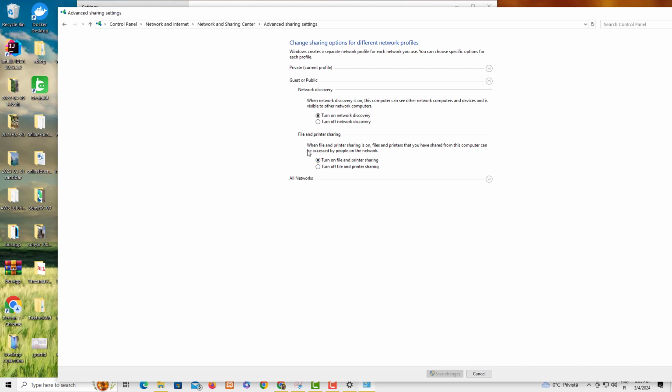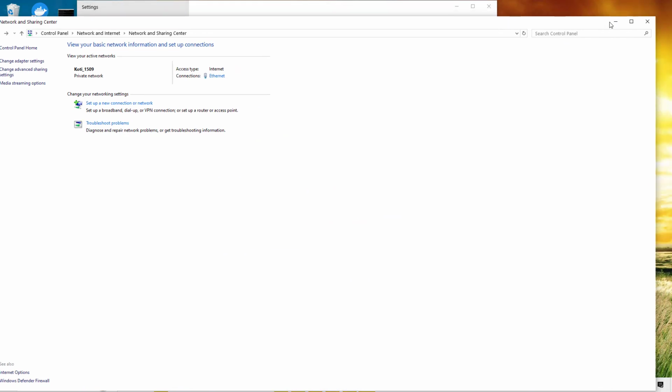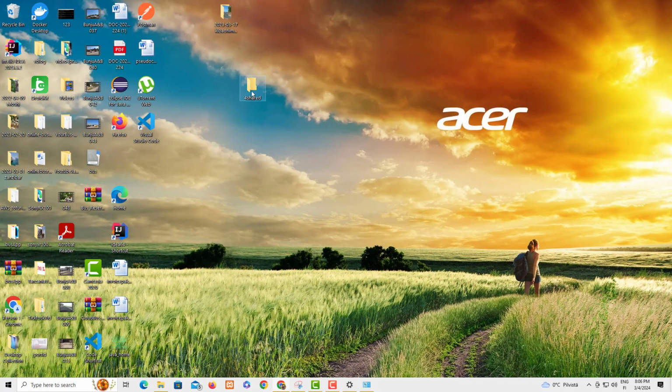Here in All Networks, we have to turn on the sharing. If it's off, we turn it on, and then here we use the 128-bit encryption to help protect sharing connections. It's recommended also. And here we turn off the password protected sharing, which is the password sharing. Then from there we save, and once we save, we close everything and come back to this shared folder,